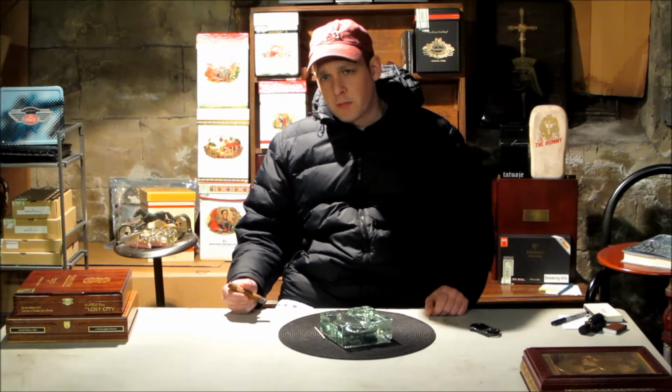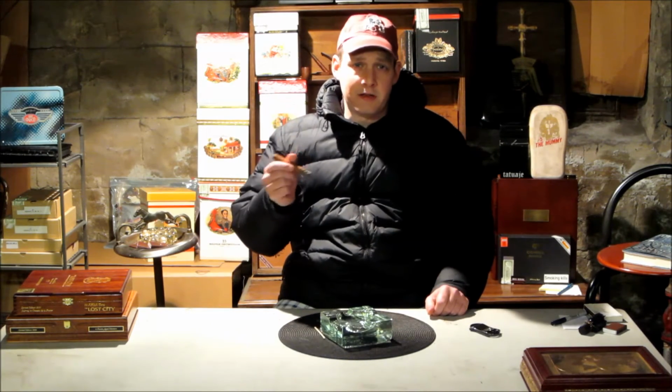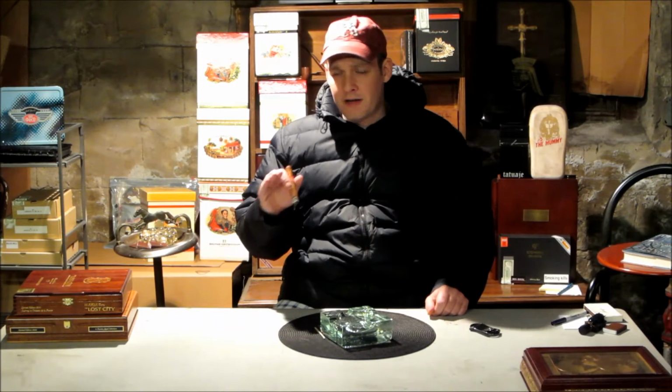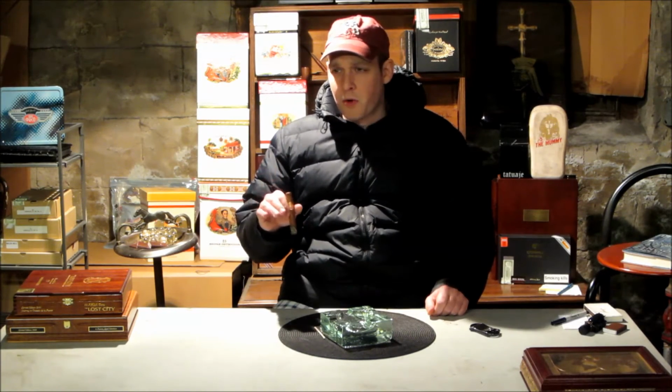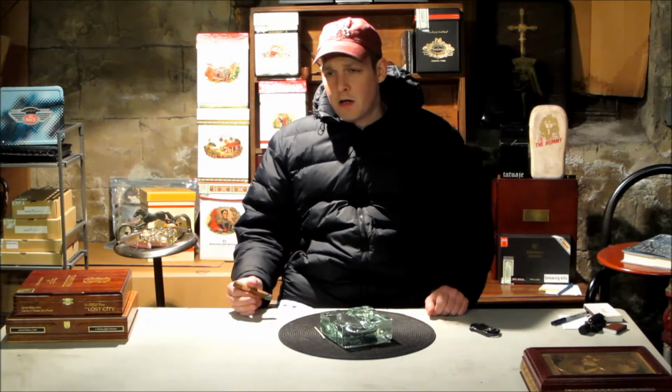Some to age and some to smoke. Ones that I like to have all the time to make sure I have to smoke on a daily basis are cigars like this. Definitely. Always want to have a nice box, a nice cabinet of 50 of these. Do I smoke them every day? No, because I smoke other cigars between, but whenever I'm going places that I know I'm going to want to smoke and I may not have a long chance, I throw 2 or 3 of these in my bag. So a cabinet of 50 may last me